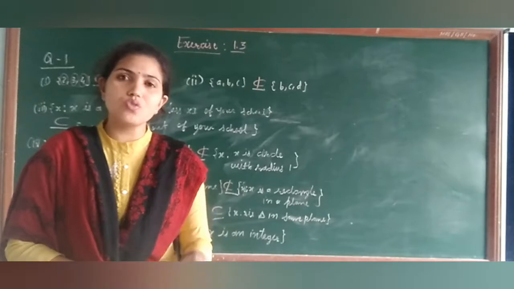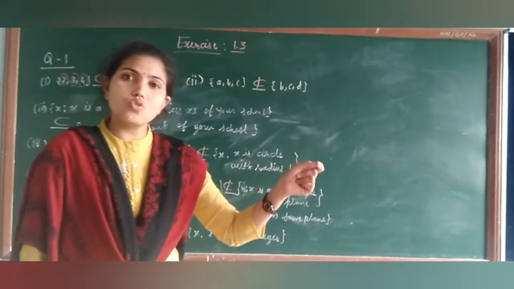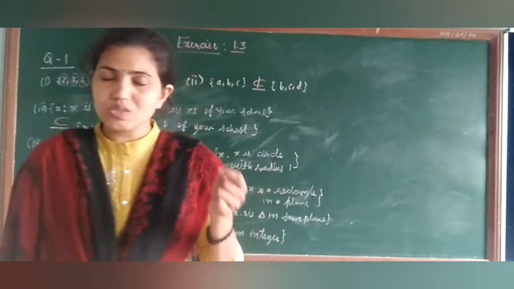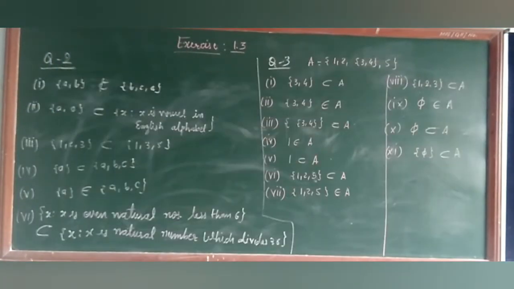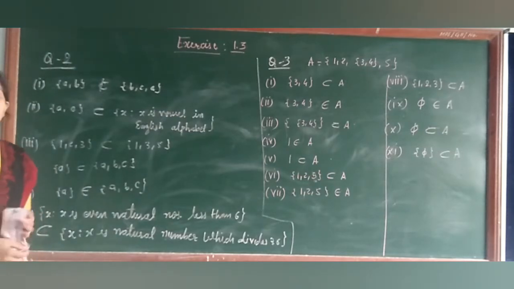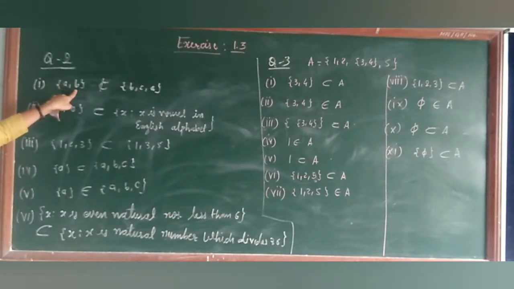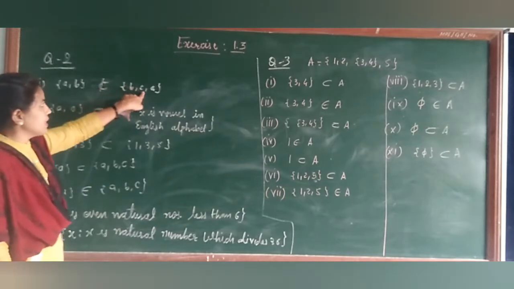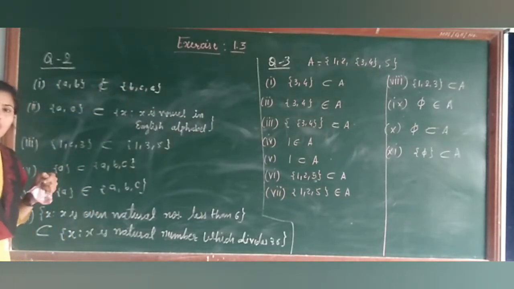Here you have to write down true or false. They have given the statements. You have to write down whether it is true or false. Okay, so let me check the second one. So students, now questions number 2 and 3 are true and false. So let me write down the first one. Set AB is not the subset of BCA. So is it true or false?